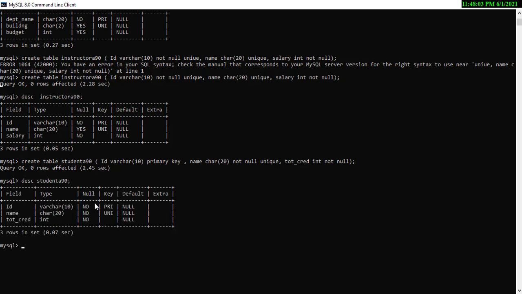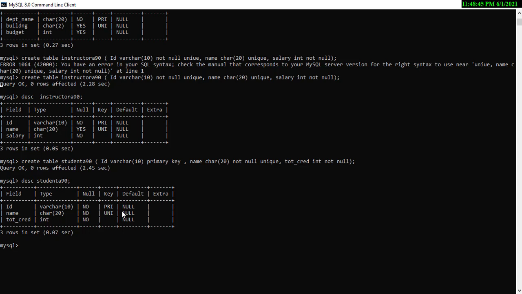You can see here that not null is no, meaning it cannot hold null values, and it has become primary key because we have declared it as primary key. So whenever you call any attribute a primary key, it automatically becomes not null. But here you have declared the name attribute as not null as well as unique, but it has not become primary key. Why? Because there is already one attribute which is qualifying the criteria of the primary key. So in each relation or in each table only one attribute can act as a primary key.